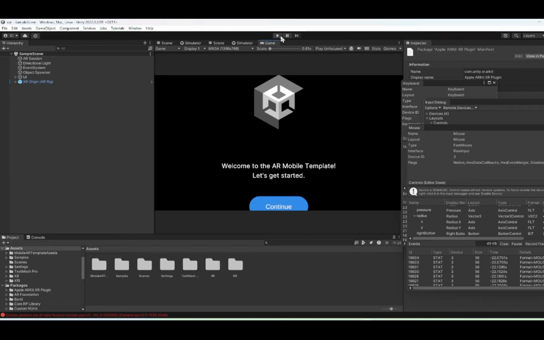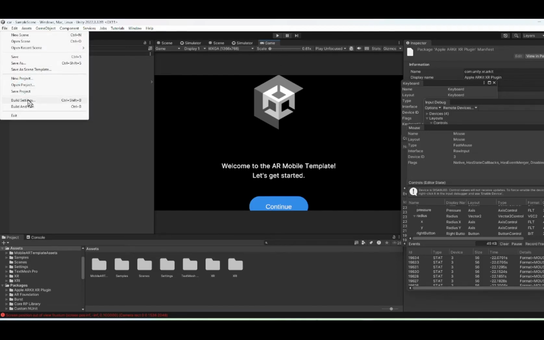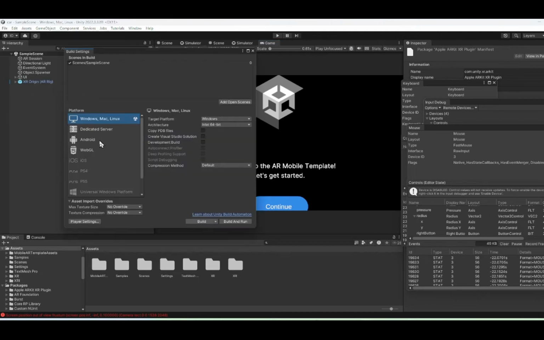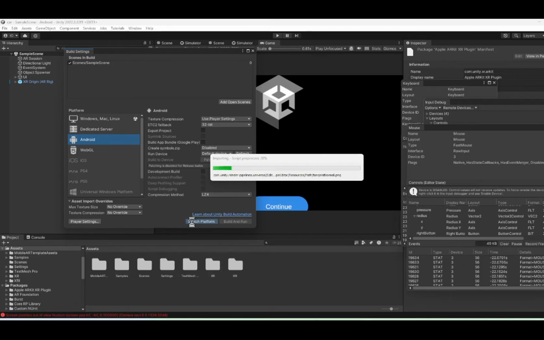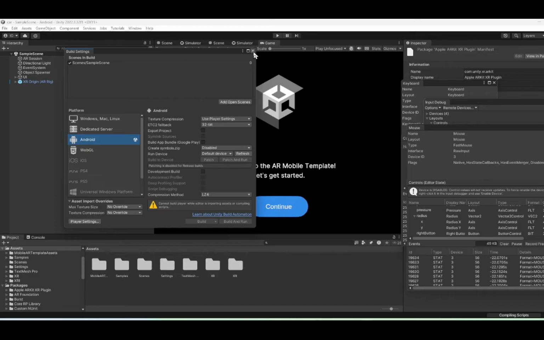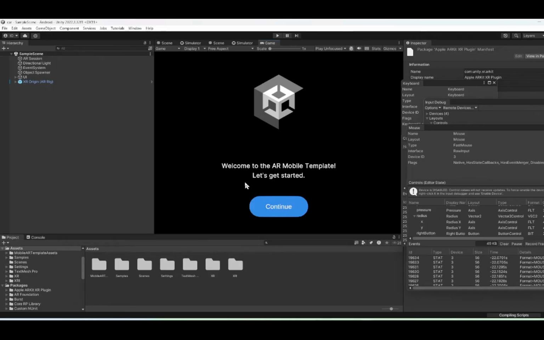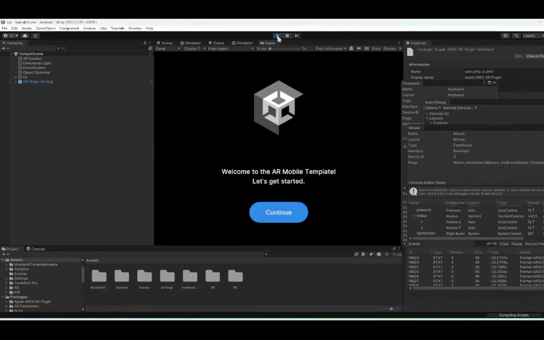Okay, the menu is not visible because we have to change the game setting. So to change, we go to File, and we change the build setting. Go to build setting and we choose Android. Then click switch platform. Okay, the build setting can be closed. We are not going to build it now. Click the play button,